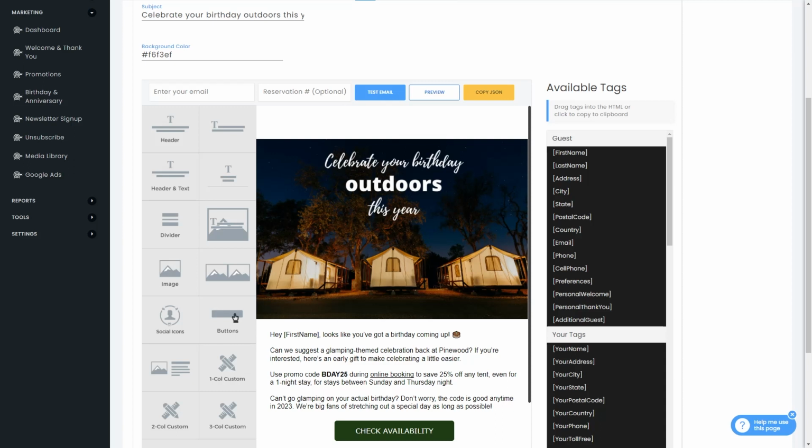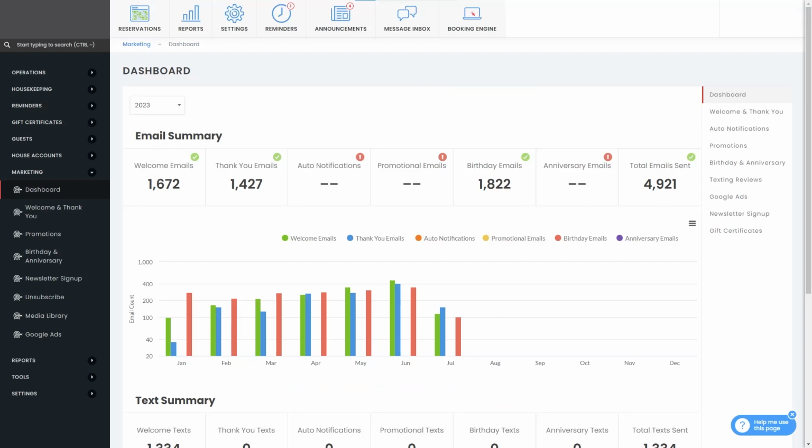Will Evan follow through and book a trip to your property because of this email? Maybe, maybe not. But sending out 1 or 2 emails like this a year to all of your past guests is bound to pay off for at least some of them. And that's a great way to build loyalty. And this is just one type of promotional email you can set up. You can have other kinds of special offers for things like local events and unique experiences and specials and packages, and the list goes on. Here you can see your email summary with all the messages you sent out this year. That's some pretty good outreach. It's efforts like these that can really help improve your return guest rate.